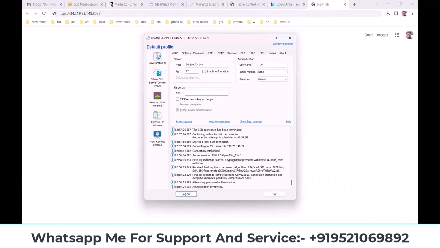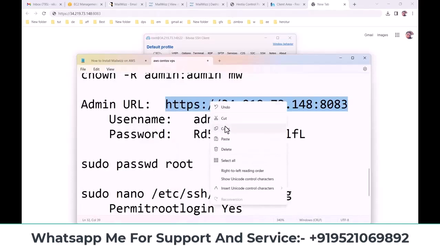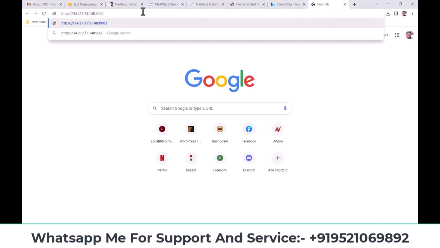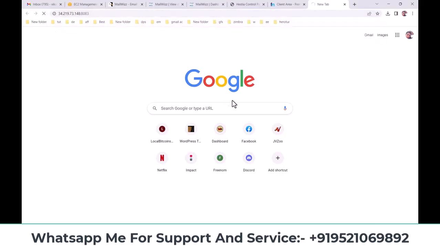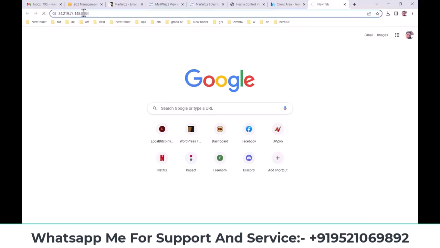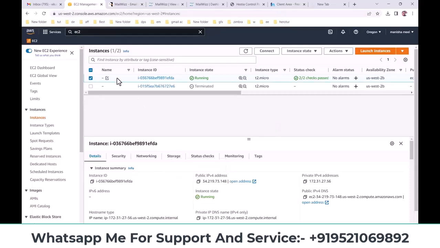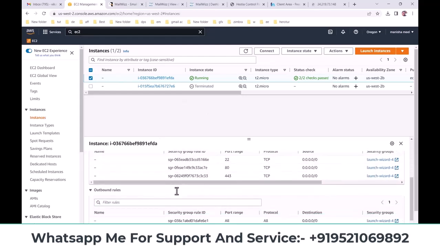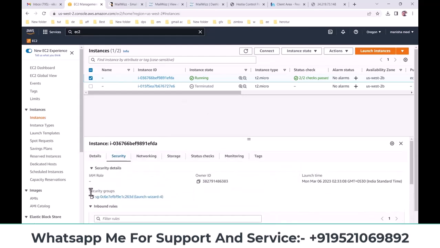You have to come here, copy the credentials that you had entered here and come here and do it. When you paste, click enter. So it will not work here now. What do you have to do? This port is like this. You have to open it in AWS Security. There is a security group in it. So you have to come here. You have to select all your servers on this and you have to come to security. Okay, so your security group is this one. So when you click on it,